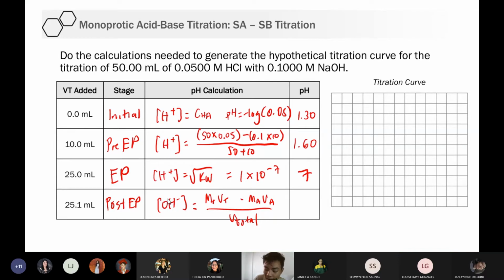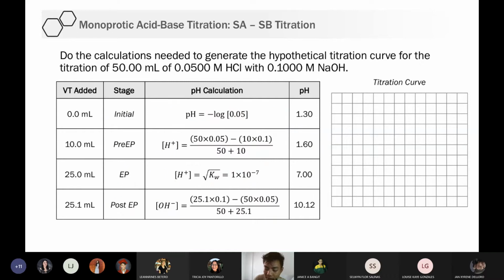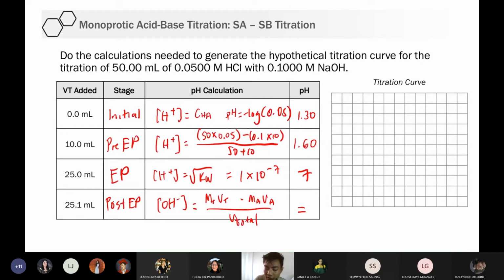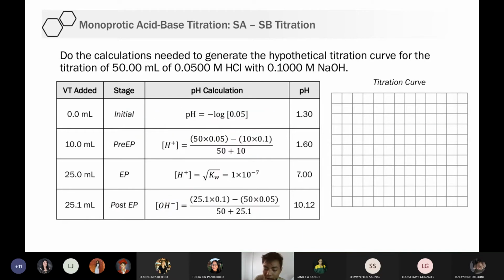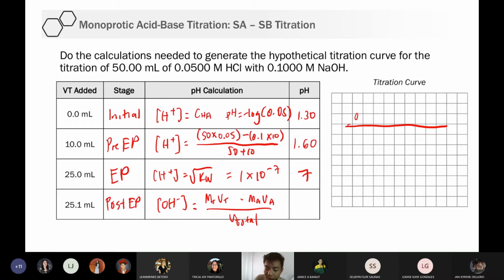Okay? Plug in natin. Wala na akong space. Oops, lumabas yung sagot. Alam ko naman nakita nyo na yung sagot eh. Pero ina-explain ko pa rin bakit ganun, ha? Dito na lang, empty. Empty is 0.1 times volume of titrant 25.1 minus analyte 50 ml times 0.05 divided by the total volume. 50 na analyte, 25.1 na titrant. Okay? So that is equal to